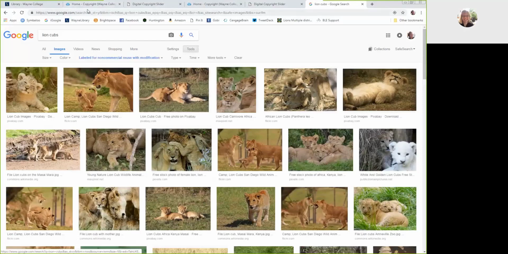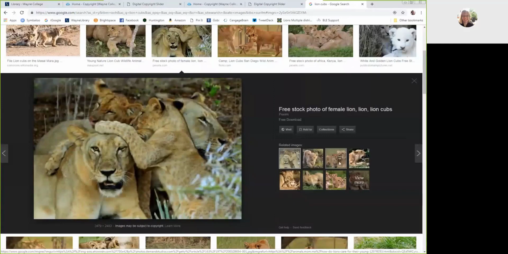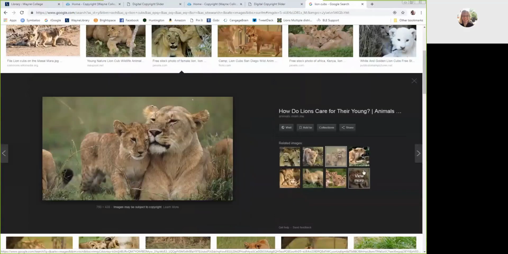Okay, so just keep in mind, once you start searching, always make sure to go back to that advanced search and don't fall into the rabbit hole of, okay, so I clicked on this image, and then I'm going to click on another image, and then I'm going to get deeper into my search. Those further images that I find may not be covered by the Creative Commons.